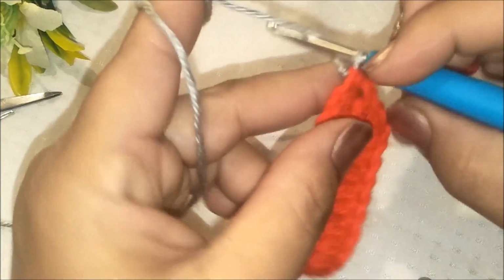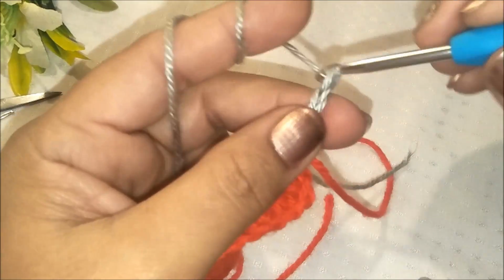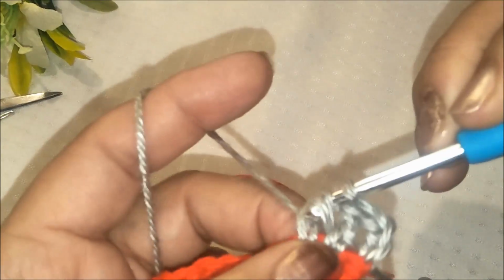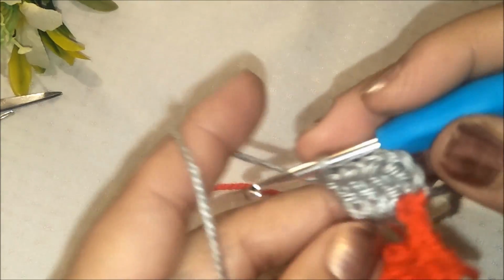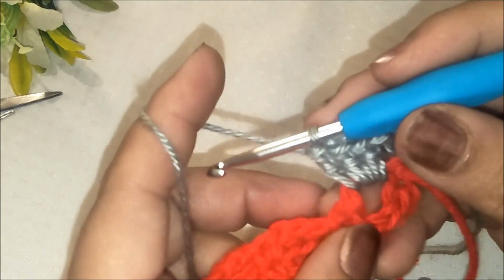Now we are going to chain 3 to build up the height, and we are going to do 3 double crochets in the chain 3 space of the previous round. 3 double crochets here, and now we are going to do a front post treble. Alright, and we are going to do this front post treble